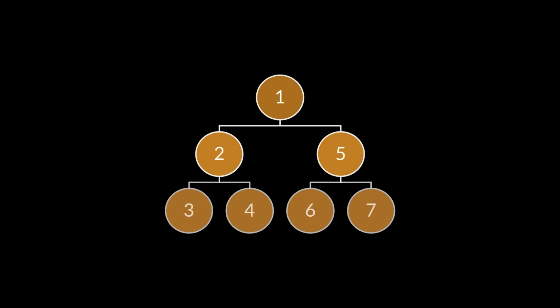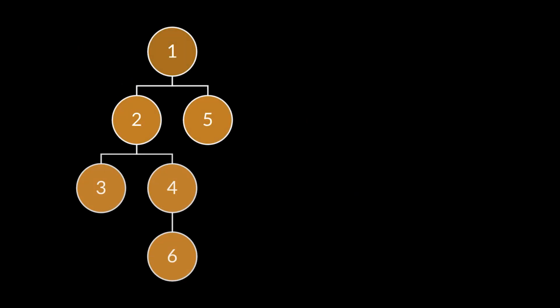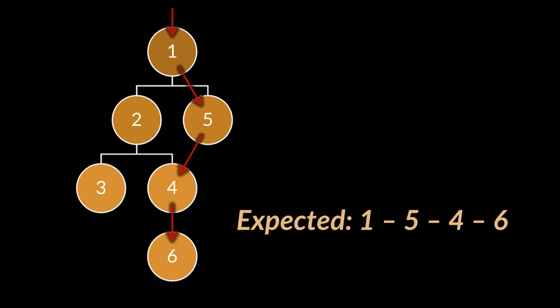Now, the first solution that may pop to your mind is start at the root and keep traversing the rightmost node you encounter until we reach a null node. And for the specific example we now have, this solution will work because it is a perfect tree. But what if we had a non-perfect tree like the previous one? By traversing rightmost nodes only, that is the solution we will get. However, what we want is something like this. This is the expected output the interviewer is looking for.